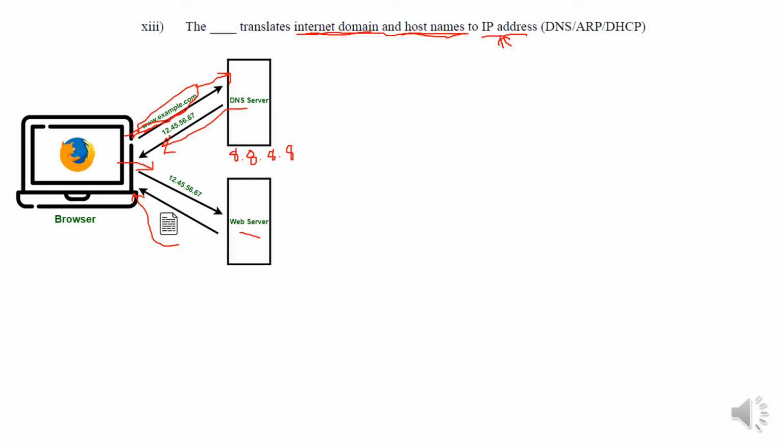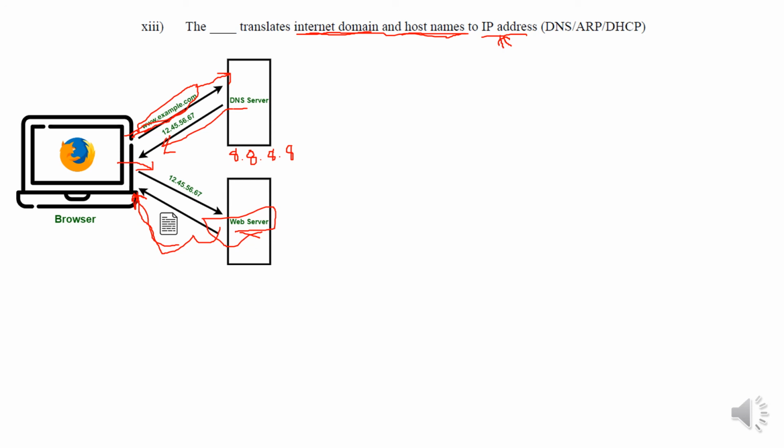There are some default DNS servers, and sometimes Google or other big companies place their own DNS server and publish their IP addresses so that people can use these DNS addresses in their settings. The request from the browser goes to that DNS server, and in return they get the IP address. Then the actual request is sent to this IP address, the web server at this IP address responds, and the requested web page goes to the browser.